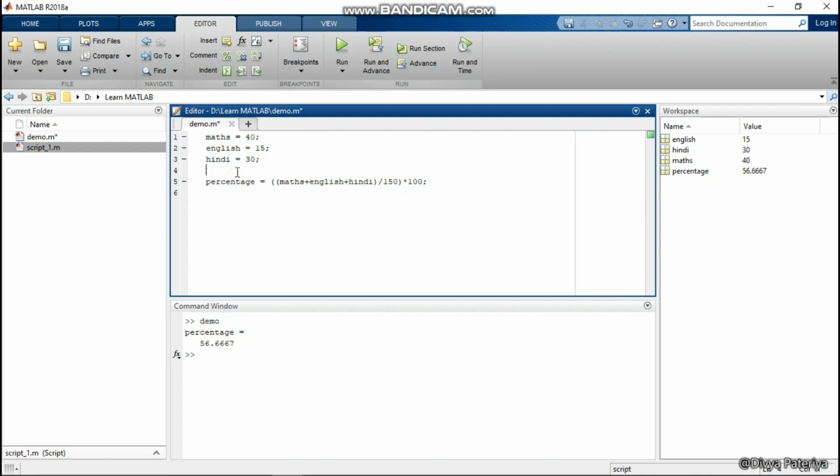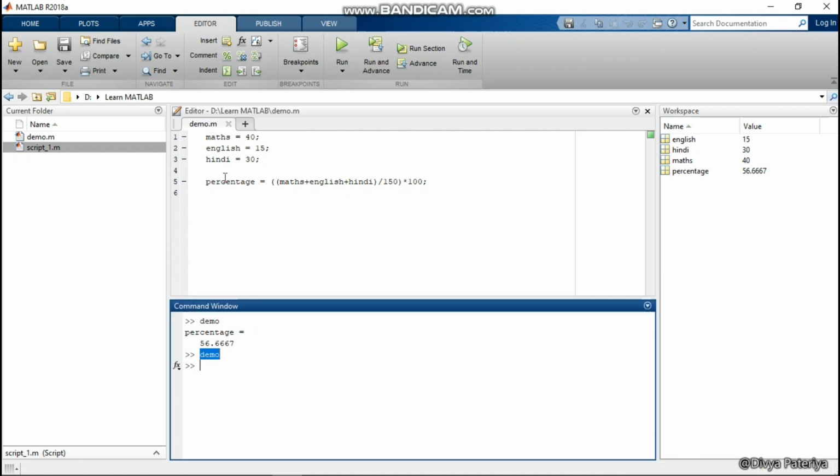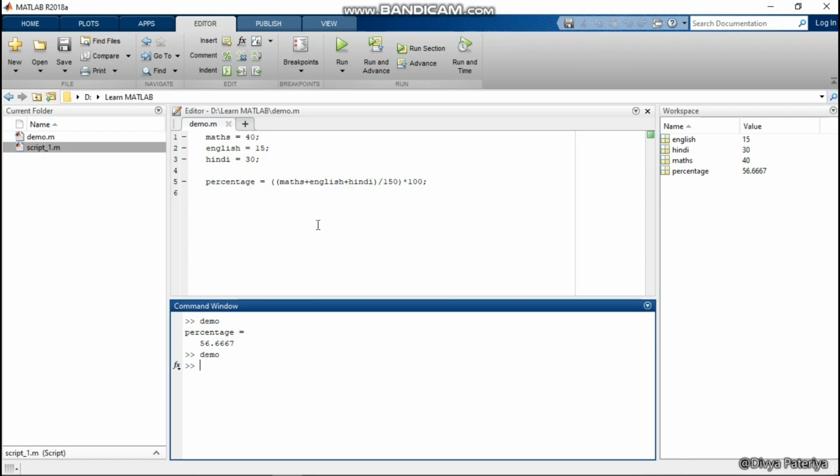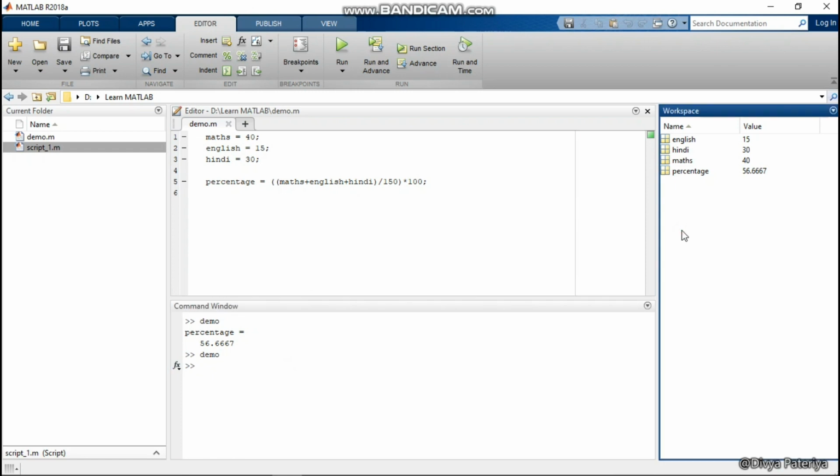But as soon as I try to run this file, MATLAB will automatically first save the script file and then run it. So when I run it, only demo we can see, and the output of this command has been suppressed and it is not appearing inside the command window, but the output is there in the workspace.